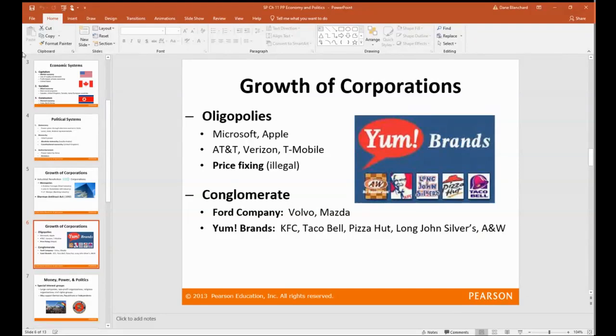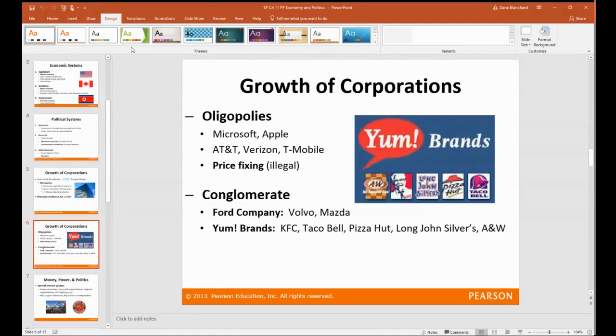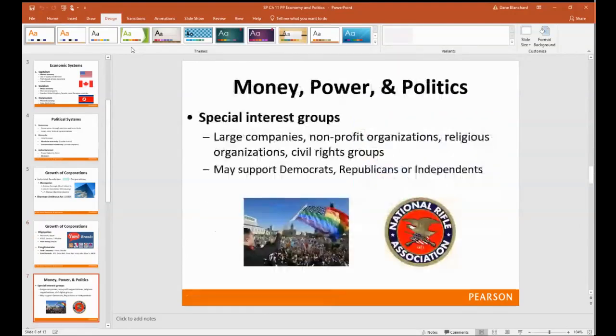A lot of times whenever we think about these types of fast food industries or fast food companies, we think that they're competing with each other, not fully understanding that there's a mother corporation that has bought all of them out. And so what this does is that if for some reason KFC has a bad quarter or Taco Bell has a bad quarter, but Pizza Hut or Long John Silver does really well, it kind of evens things out. So they don't have all their eggs in one basket. They're distributed out among many companies and corporations.